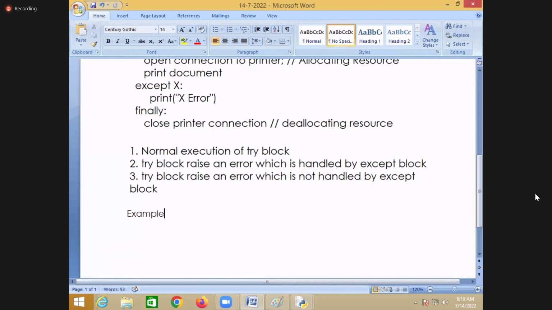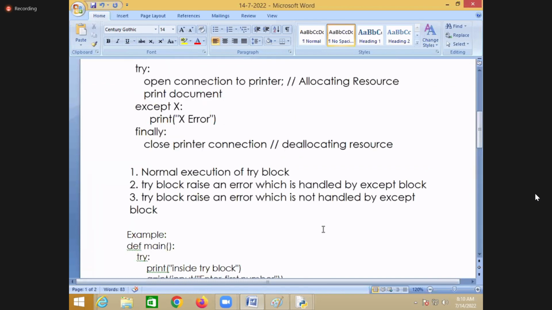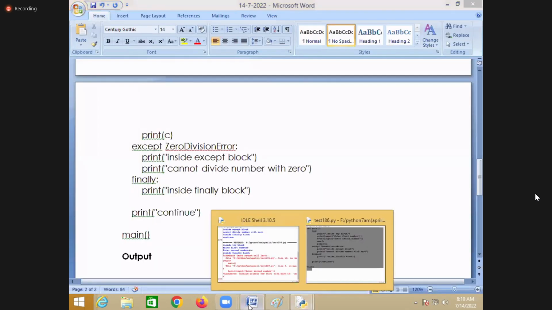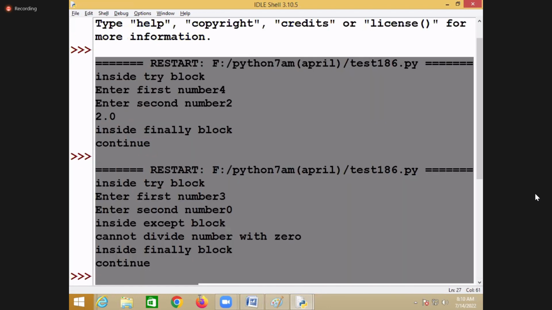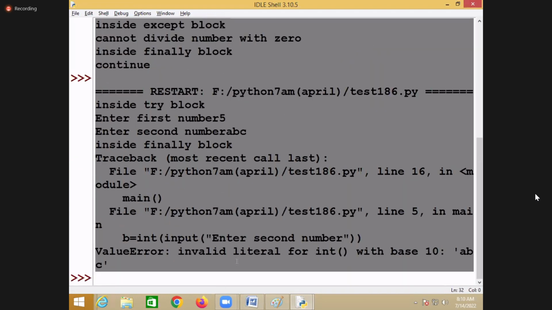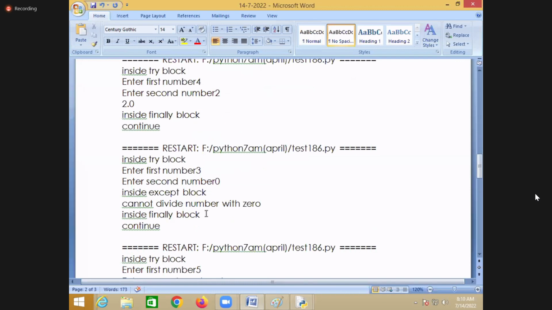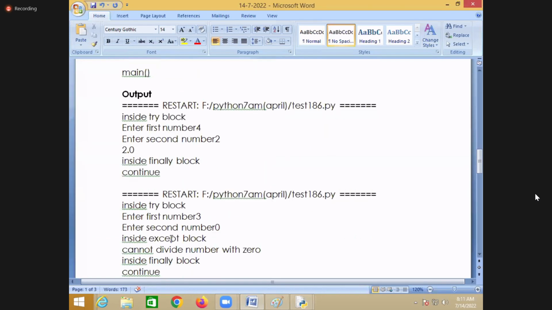Now this is a simple example. You have to test your application by giving different inputs, right?